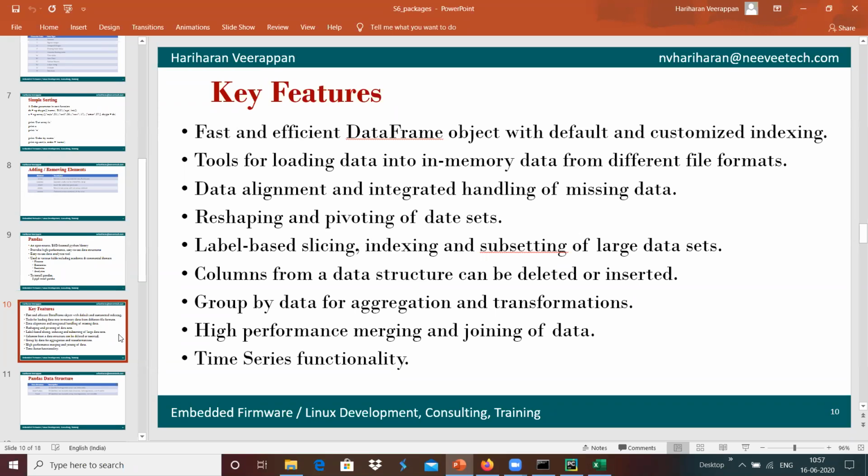Columns from the data structure can be deleted and inserted, and group by for aggregation and transformation can be done. Basically it's high performance merging and joining of data with time series functionality.